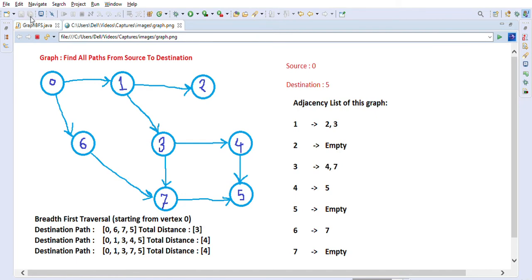So if in an interview you are asked to find the shortest path, this is one of the ways you can do it: you find the paths and keep track of the shortest distance you have seen. The corresponding path is your shortest path from the source node to the destination node.